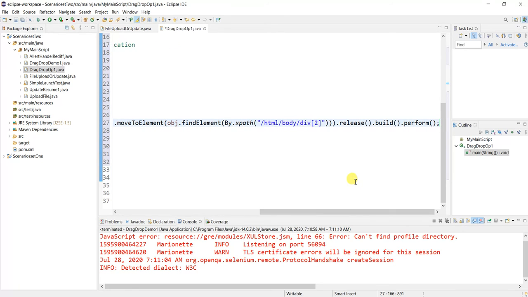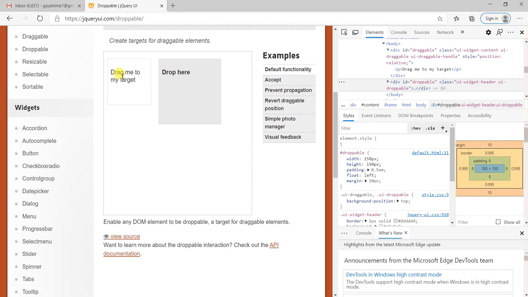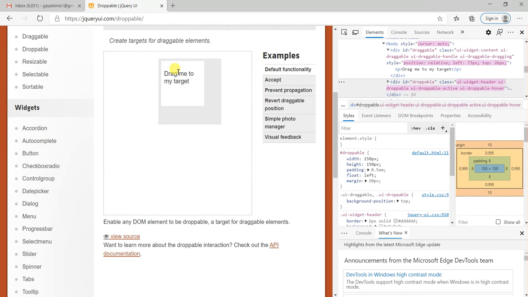Then we need to use release, build and perform. After writing this much code, we can perform the drag and drop operation. That means when we execute the code, this element will be dragged and dropped over here. To perform this much, we have written that code.